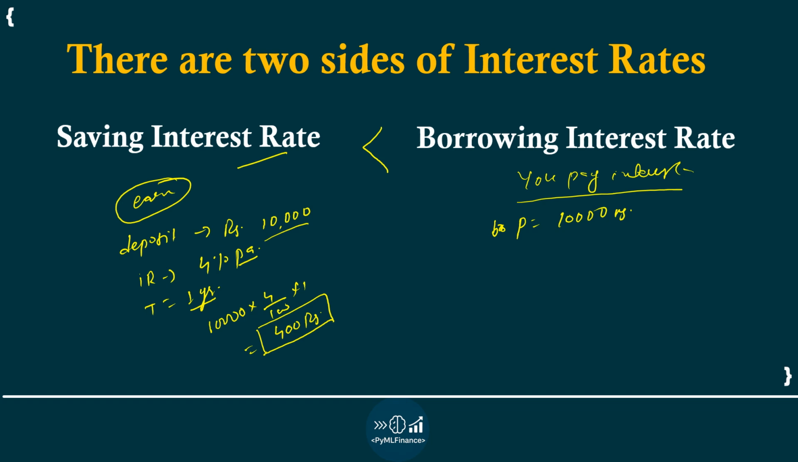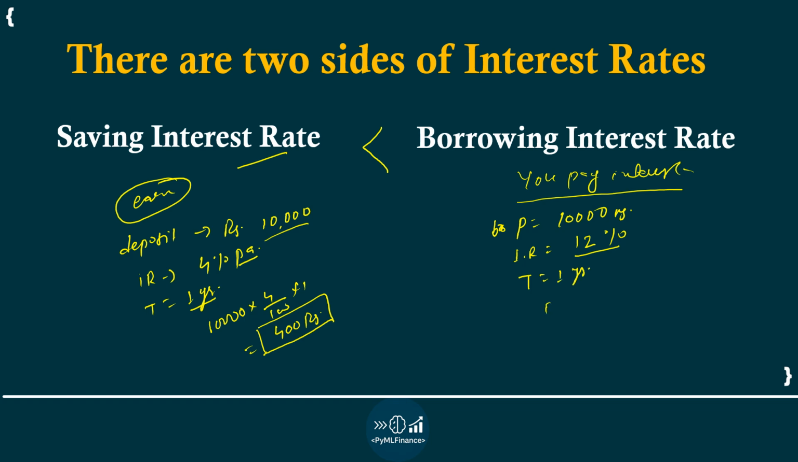Okay, and the bank here charges you not 4% but 12%. That is a higher interest rate than the saving interest that you are getting from the bank. So the bank charges you a 12% annualized interest rate, and after 1 year,